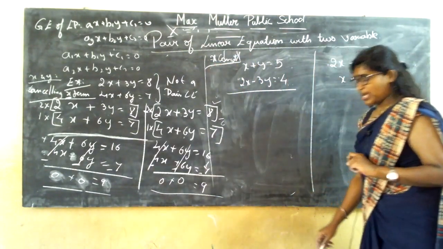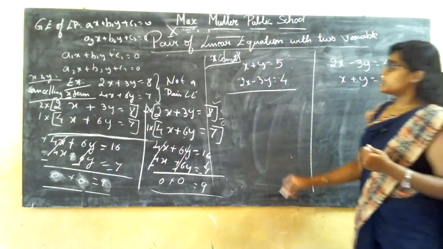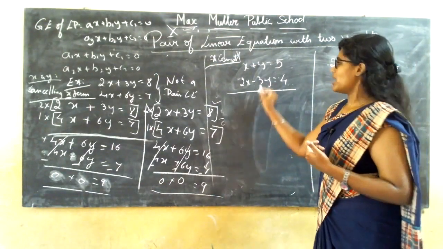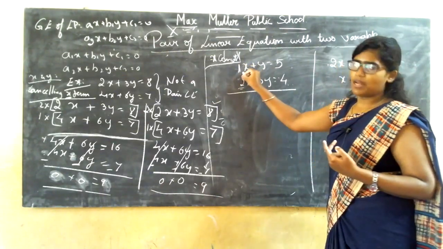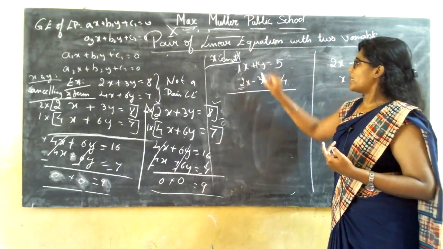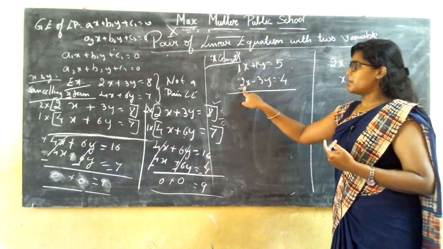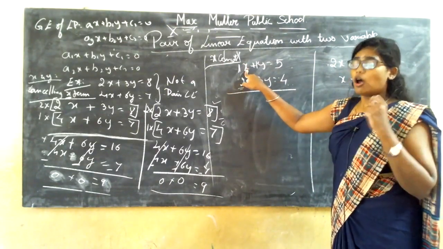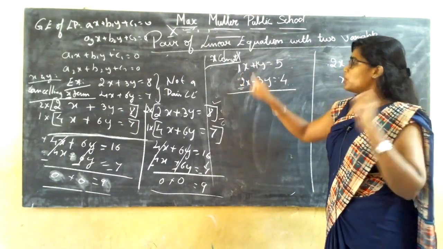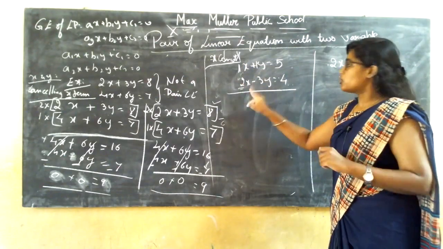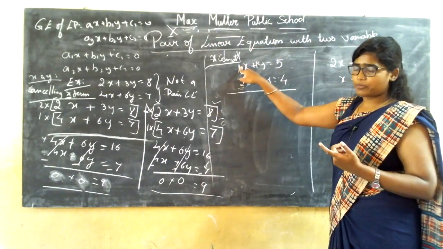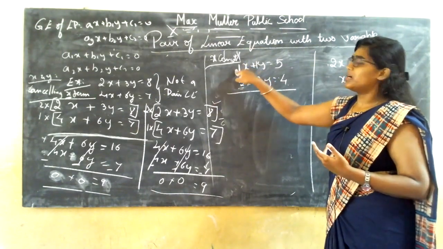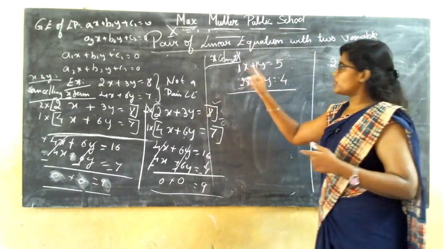If I want to cancel the x terms, what is the condition I have told? You need to see the numbers you have with the x. The highest number is 2 and the least number is, if you do not have any number with x, you can write it as 1. So the highest number is 2 and the least number is 1. Always multiply the least number with the highest number. Not only 2, if it was 3, here you have 1, so you are going to multiply 3 ones are 3. You need to get the value.